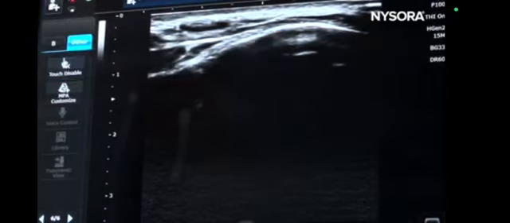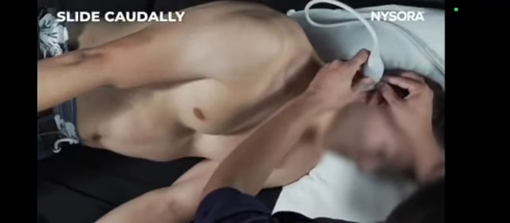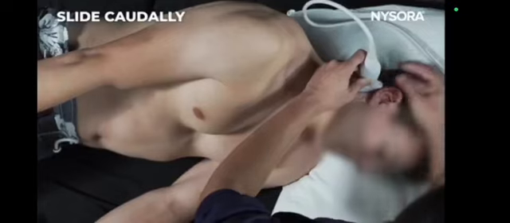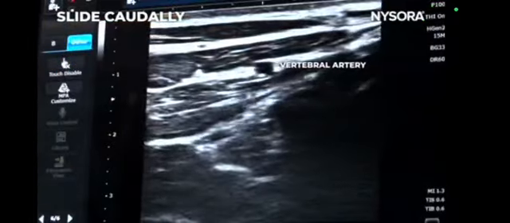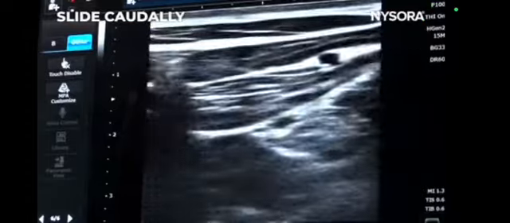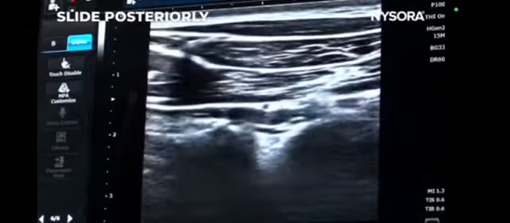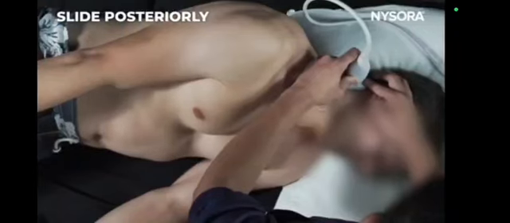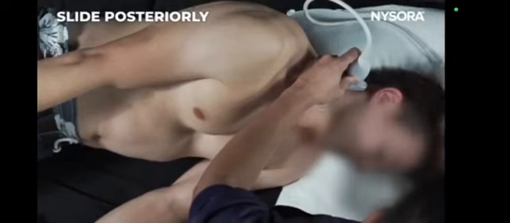Once you have looked at the mastoid process, the next thing you will do is to come down and you'll be looking for the vertebral artery. That's actually shown on the image there. And then you will move up about half a centimeter backwards, and once you move half a centimeter backwards, you